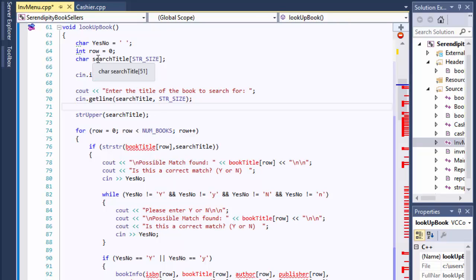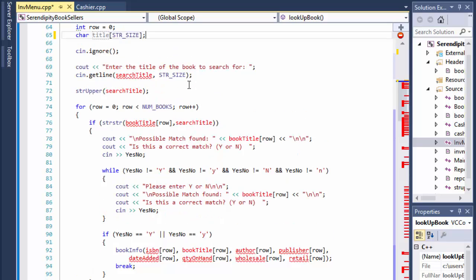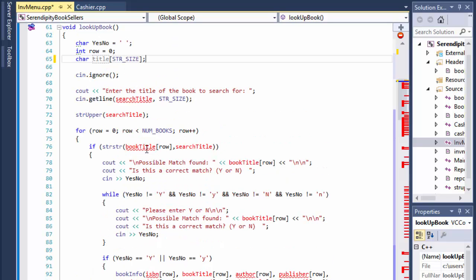I named this search title before because we had the book title and a title, but now book title is a structure. So I'm just going to rename this to title. I think it's more descriptive. We're searching for it, but we are matching it with the book title from the structure. So I'm going to use title throughout the whole